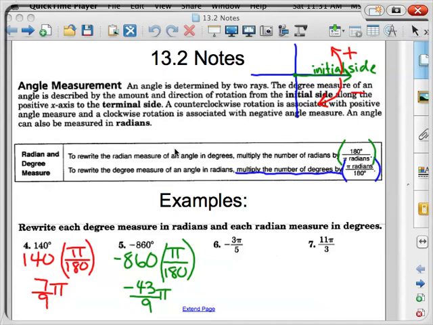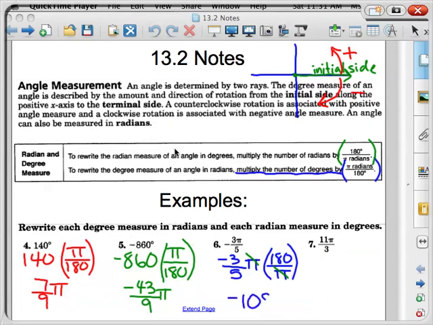Now if I want to go from radians, notice negative 3/5 pi, negative 3 pi over 5, now I need to multiply this, so negative 3 over 5 pi, I'm going to multiply by 180 over pi. What you should notice is that the pi on top and the pi down below will cancel. So now in my calculator, I just need to do negative 3 times 180 divided by 5, and I get